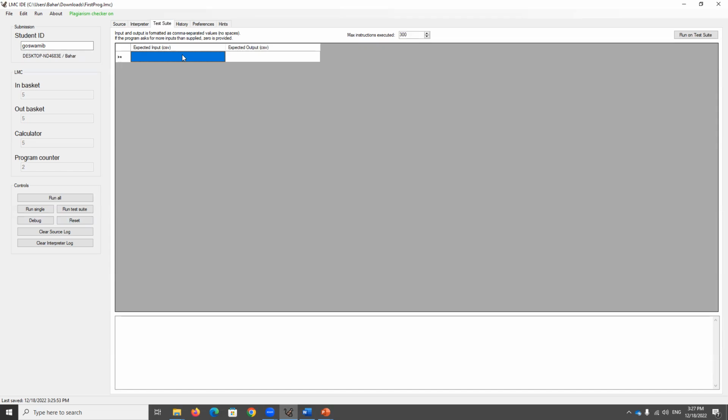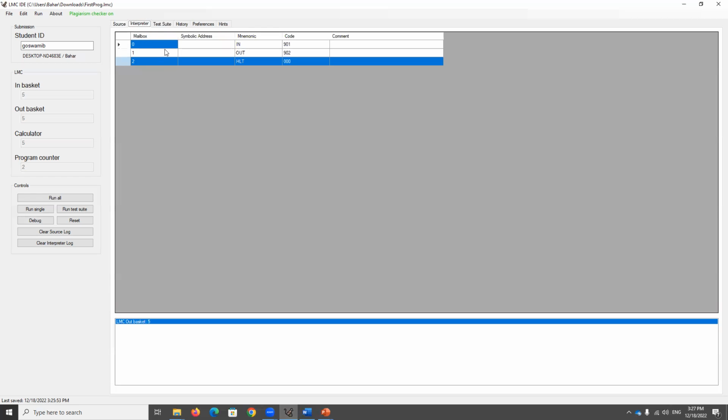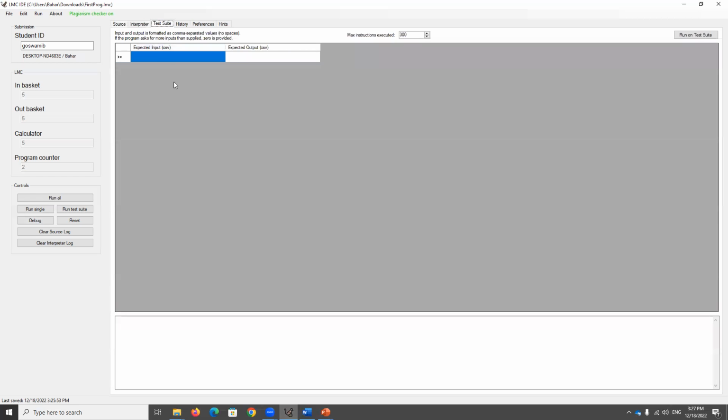For example, our program has just 3 statements, that is, it is taking the input, giving whatever input is taken as output, and the program execution stops. So if we want to have a test suite where we are giving the input as 10,